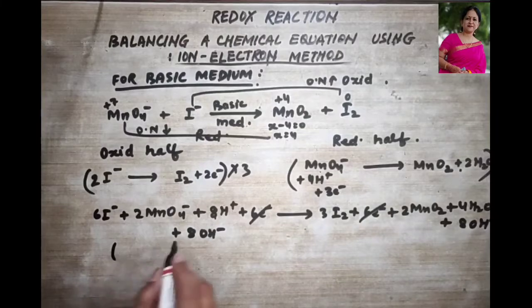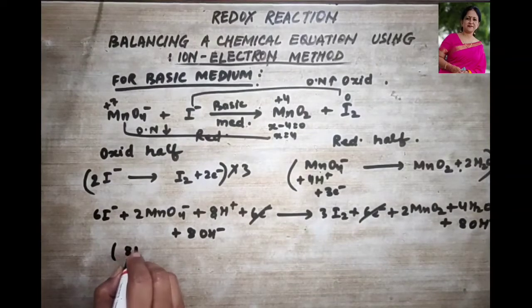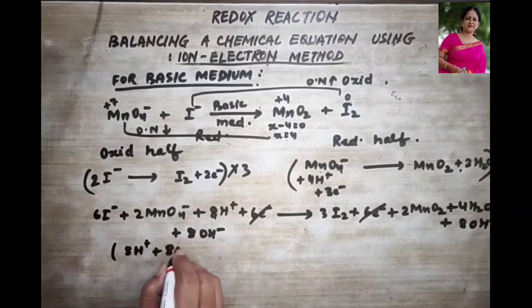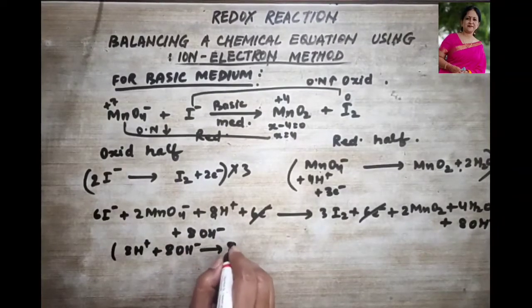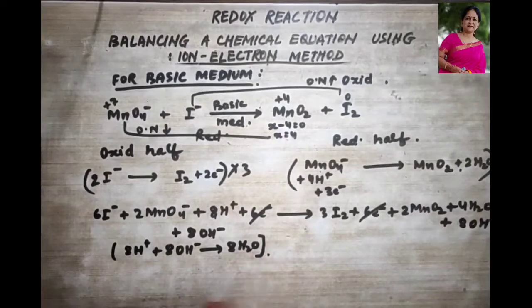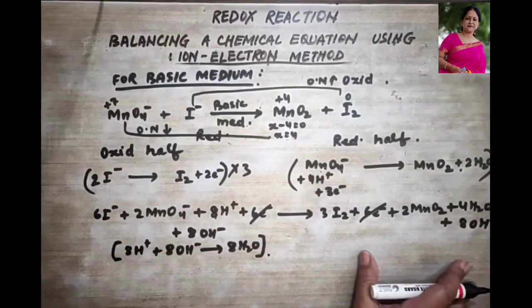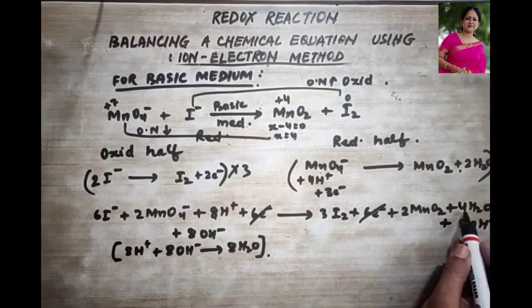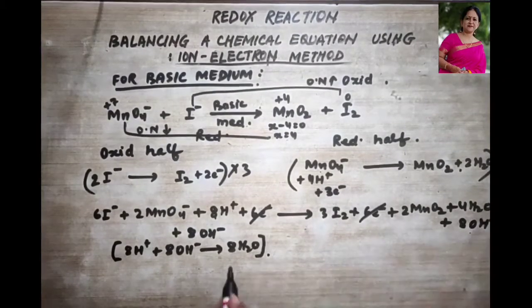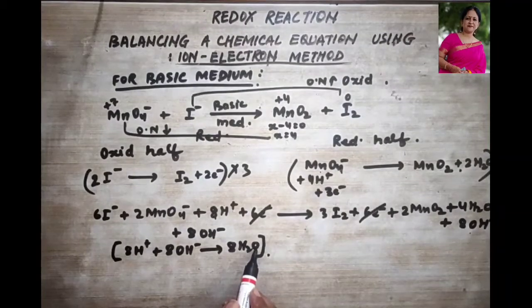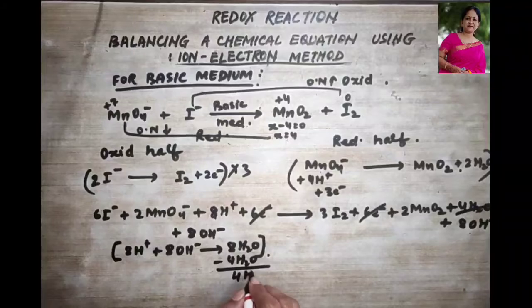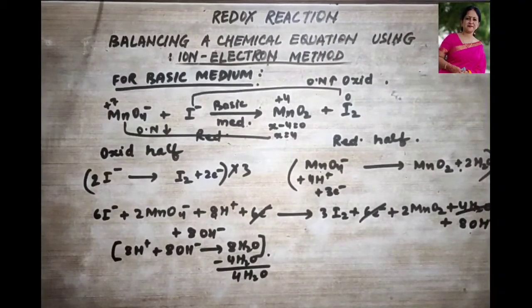So I'm writing it down over here in brackets so that you remember. 8 H+ plus 8 OH- form 8 molecules of water. This point is very clear. Let's see over here. Here we have 4 water already. Now from this H ion and OH ion we have already made 8 water molecules. We bring these water molecules this side, so this will get cancelled. Minus 4 H2O. So how many water molecules are left now? 4 water molecules are left.